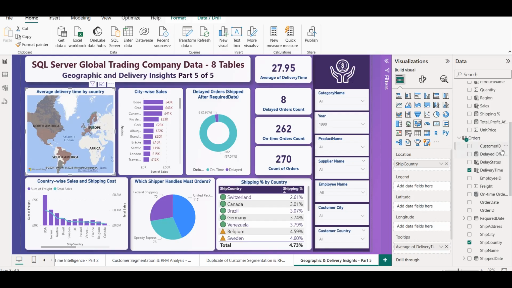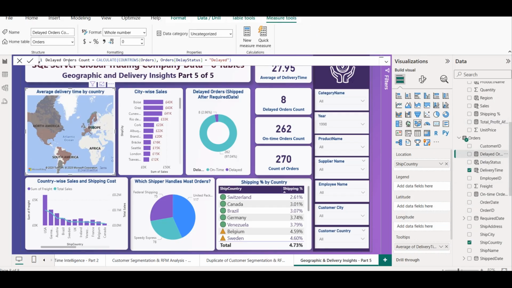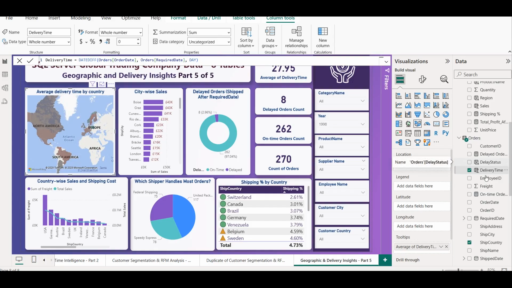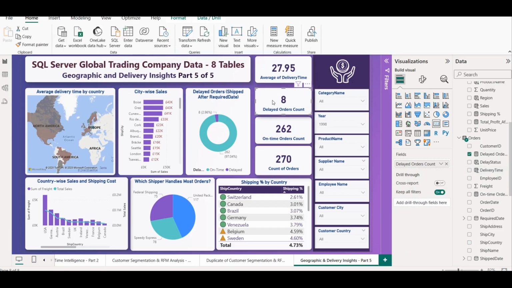So we will create some calculated columns here for delayed orders count, delayed order status, delivery time. These types of columns will be created to find out this information. You can create these simple KPIs also, like delayed order count, on time order count, count of total number of orders. Then we have another question, country wise sales and shipping cost, which we are showing in a line and